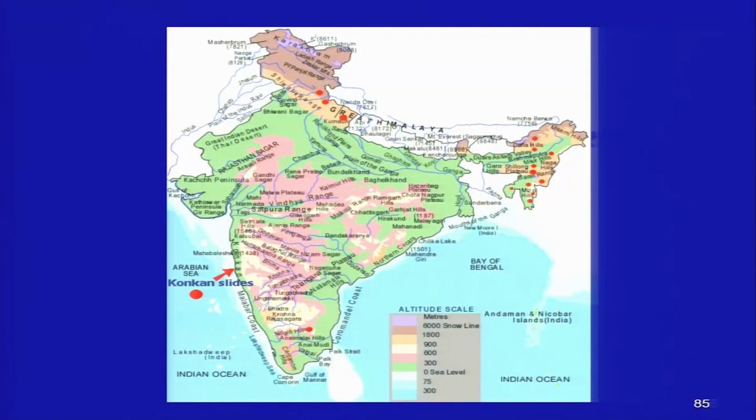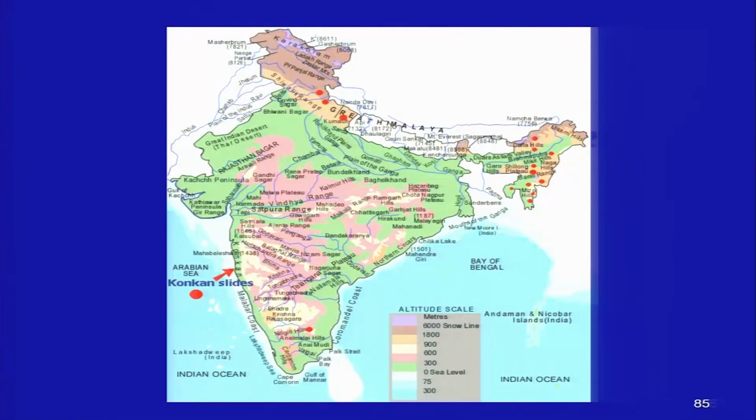So, these are the locations shown, the areas in India which are prone to landslides, mostly in the hilly tracts. Okay. So, in the northeast a lot of landslides have been triggered. This has been left out, but of course, this is a part of the Himalayan orogenic belt. So, we have landslides in